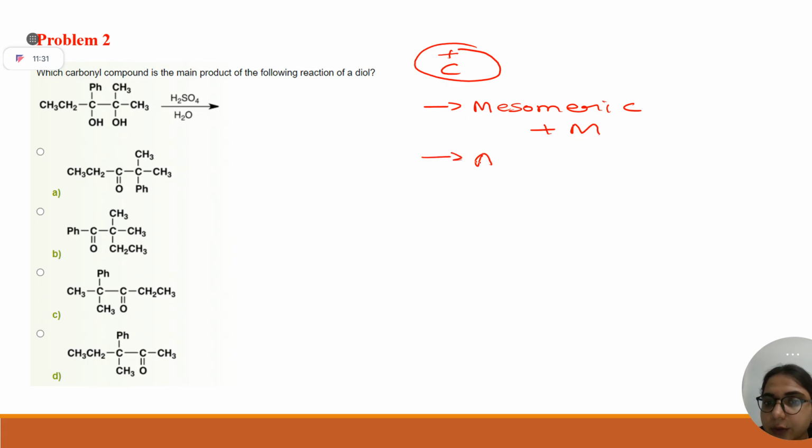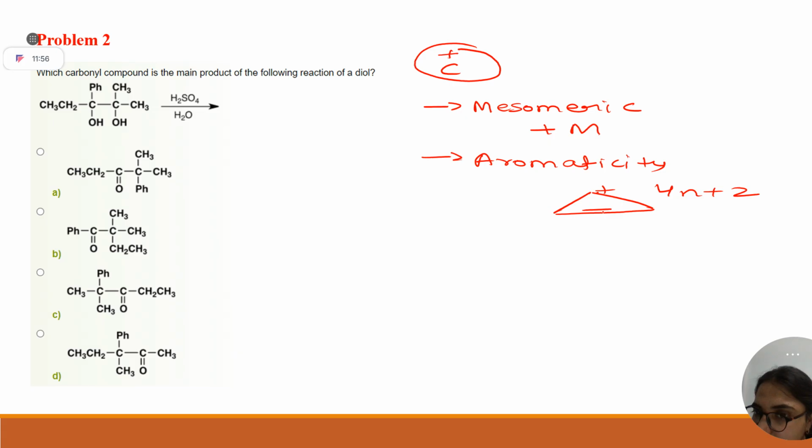Second is your aromaticity. There are various factors which can stabilize these carbocations, but you have to see them in proper sequence. With aromaticity, what I mean is, let's say we have this system. This is my 4n plus 2 system. If I put n equals 0, it has 2 pi electrons, aromatic, right? Due to the positive charge, this compound is aromatic because all the carbons are sp2 hybridized, correct? So this carbocation is also stable, and this is due to aromaticity.